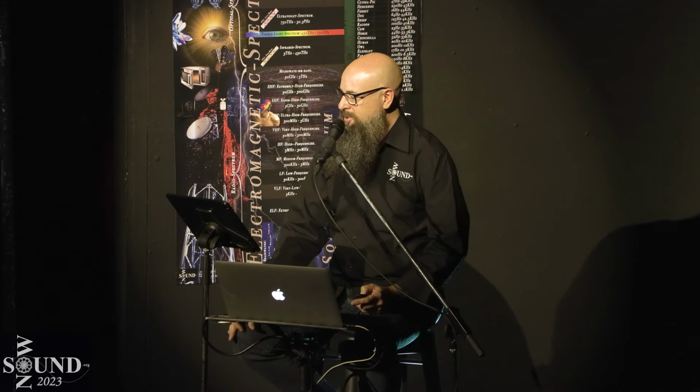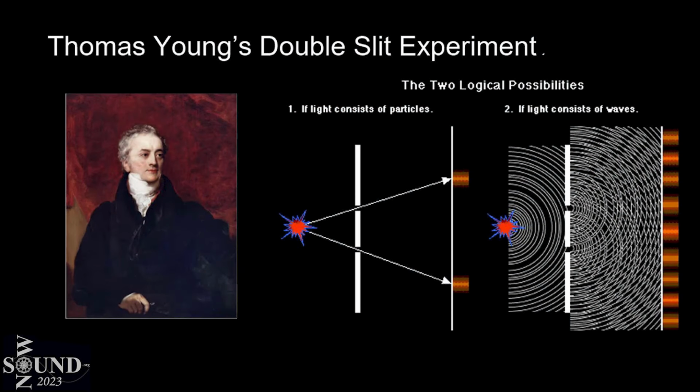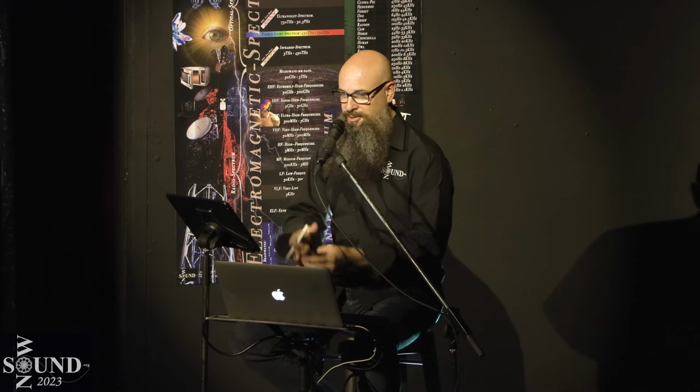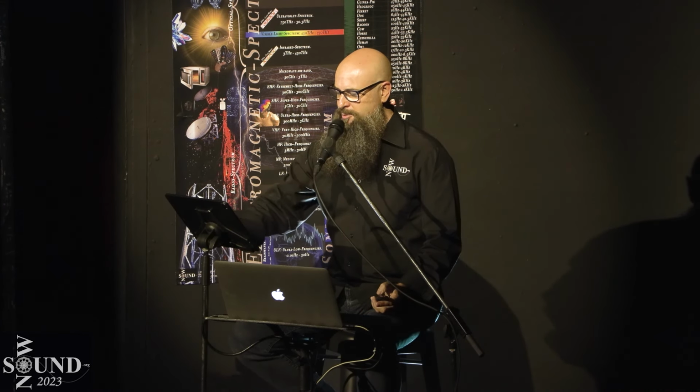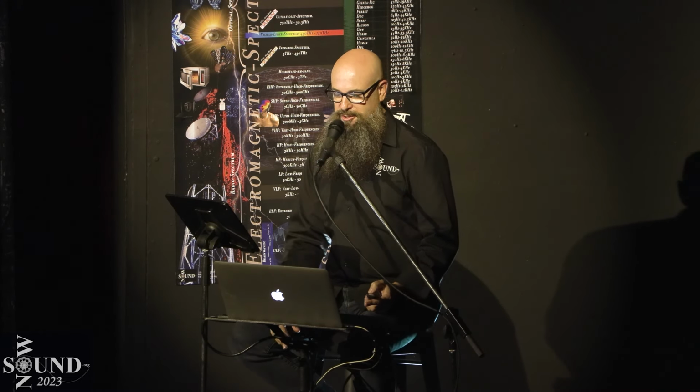All right, so the next video is about Young's double slit experiment. Thomas Young, a British polymath, did an experiment where he definitively proved that light is a wave and not a particle. This is a bombshell to the physics industry, because our whole model of everything sort of changes. And we kind of forget that light is a wave. But anyway, he proved that with this experiment. And here's a great video showing how this works.